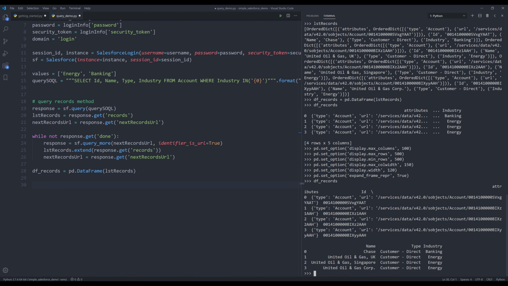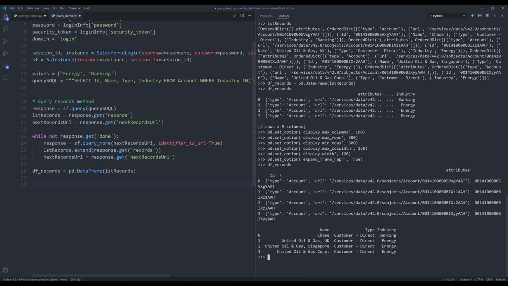Okay, now if I print the df records object, let me expand the window a little bit more. Right, so here's the record ID, the record name, record type, industry,